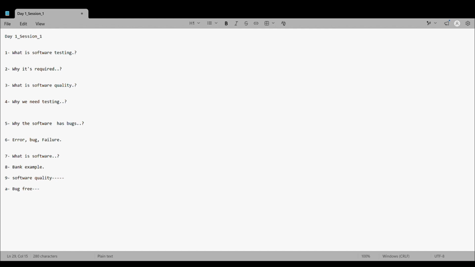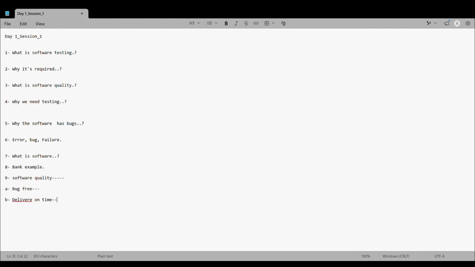So we will try to deliver 90 plus percent quality to the bank. One or two percent bugs maybe, but they would be very minor, so they should not impact anything in the bank application. The second thing is delivered